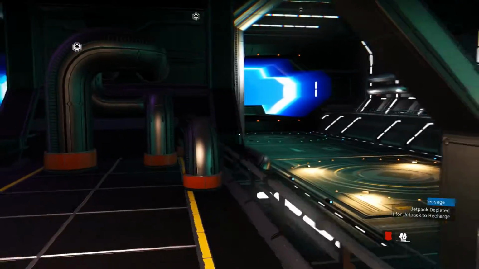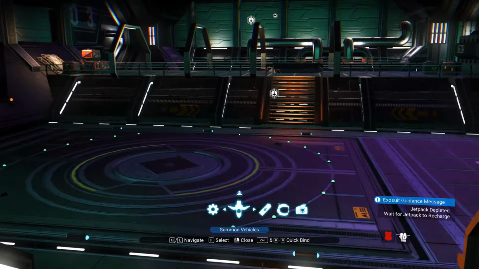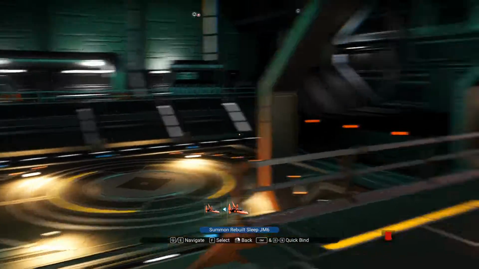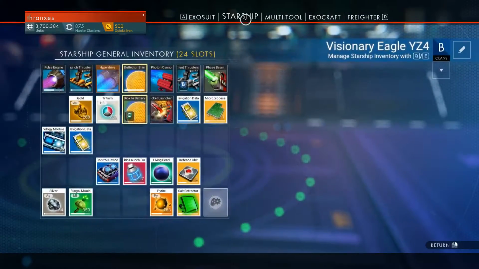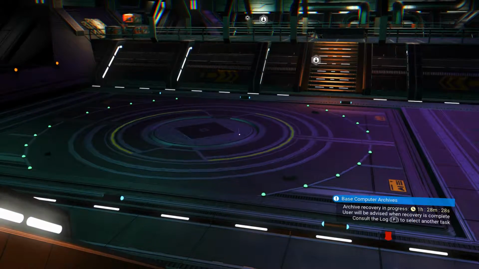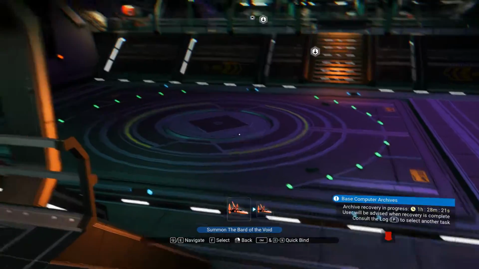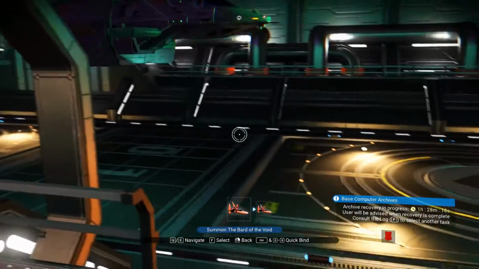My freighter doesn't have my ship. Well, do you know what that means? Let's select another ship. Hold on. Which one is mine? This is the Visionary Eagle. Oh, these were both... None of these were my... Oh, then it would be the Bard of the Void. Can it not...